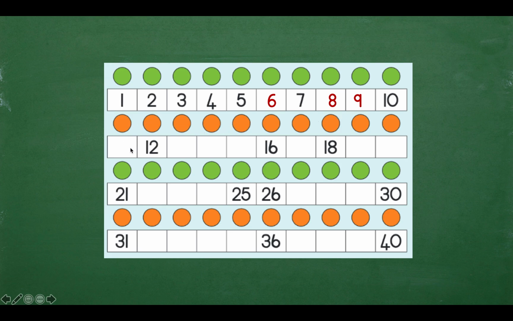What comes after 10? 11, 12, 13, 14, 15, 16. What number comes after 16? 17, 18, 19, 20. Then after 20 is 21,